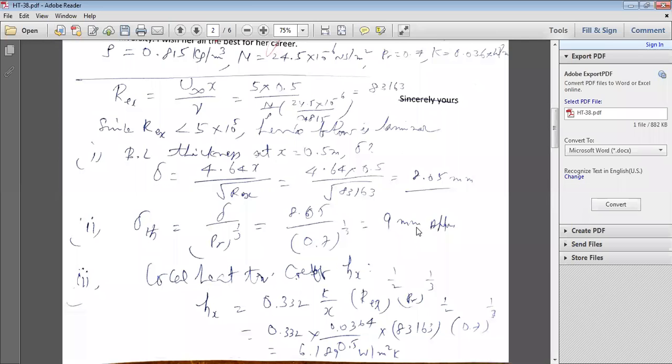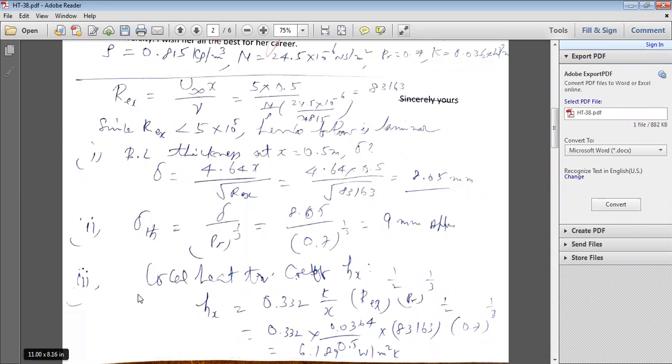Like that you can easily calculate. So the problems are very easy, but you have to know the formula. These formulas are available from the derivations, and sometimes you may also get these formulas from the heat and mass transfer data book. If you practice a number of problems and verify the heat and mass transfer data book, you can straight away note down the formulas from the data book and calculate the required parameters.